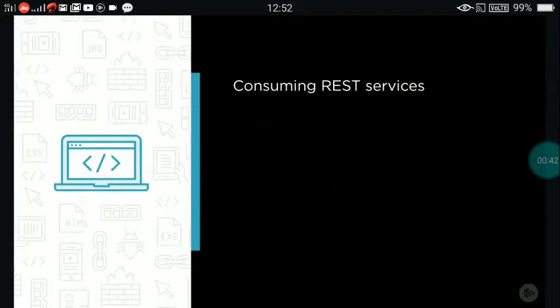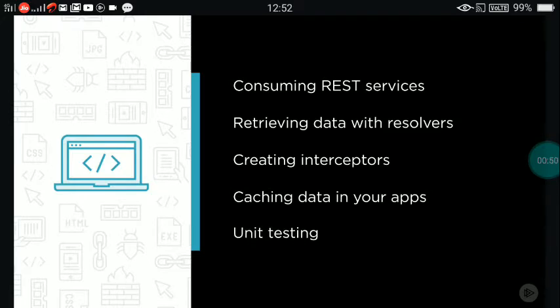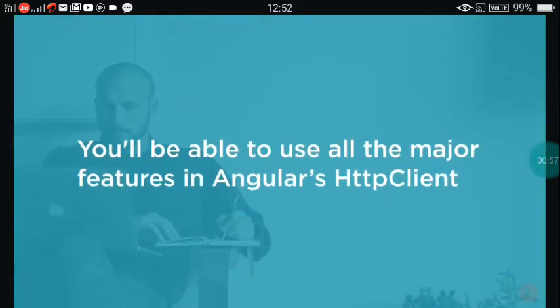Some of the major topics that we'll cover include consuming REST services, retrieving data with resolvers, creating interceptors, caching data in your apps, and unit testing your HTTP requests. By the end of the course, you'll know how to use all the major features in Angular's HTTP client to retrieve and update data, but also manage that data on the client efficiently so that your app provides a great